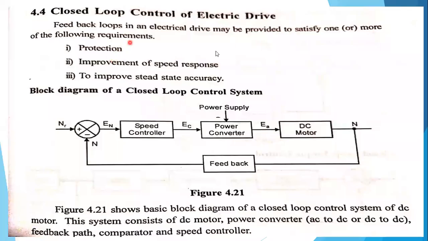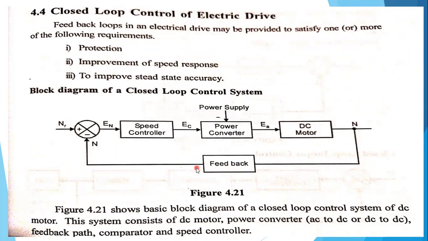So coming to the closed loop control of electric drive. Closed loop control of electric drive. Here, the main concept is called feedback. So this is called feedback. Okay, so feedback loops in electric drive,